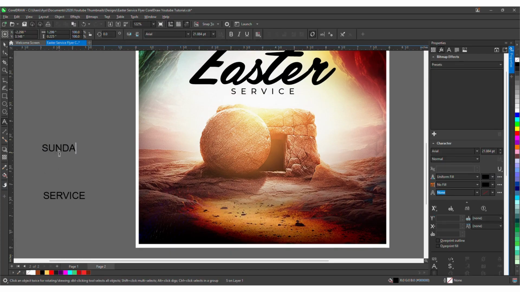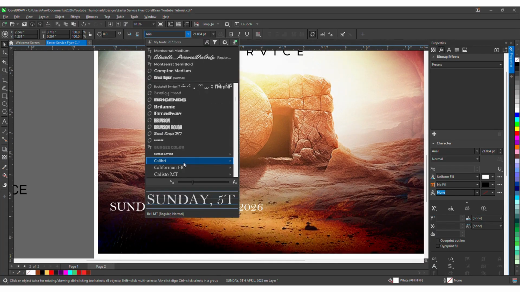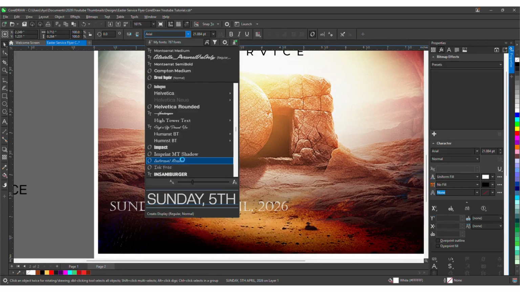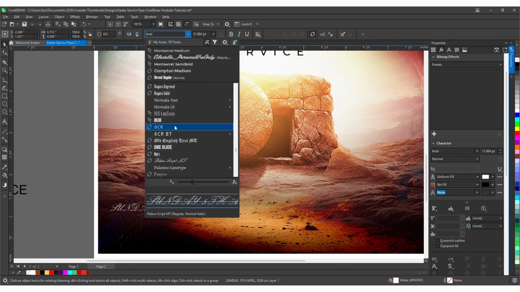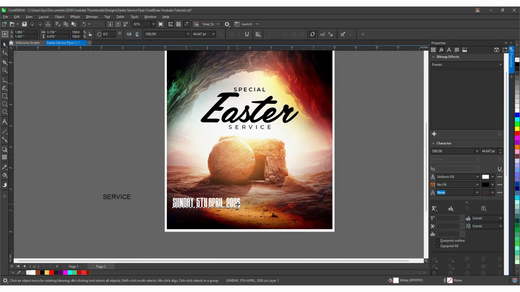Type it out. Sunday, 5th April 2026. White in color, and let's change the font to Obelisk, like that. I actually was concerned with the fact that if I had gone with